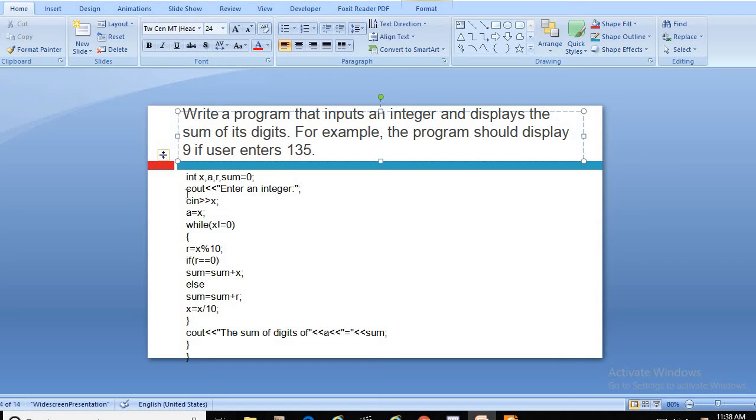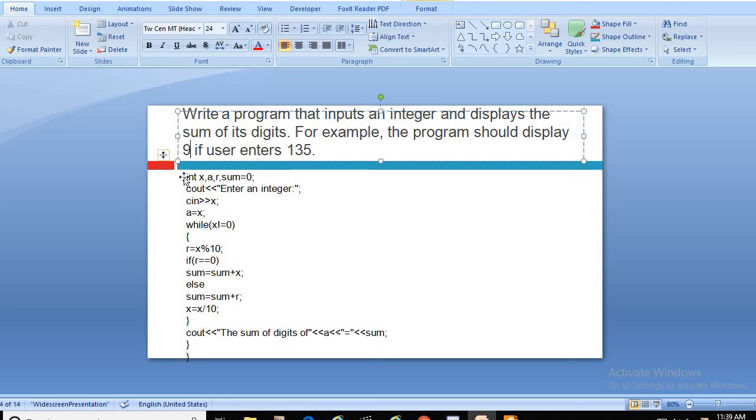First, before writing or copying this program and executing it, just try to understand how it can be done. Try to write on paper, because the important purpose is to improve the logical approach. So first thing, just analyze.